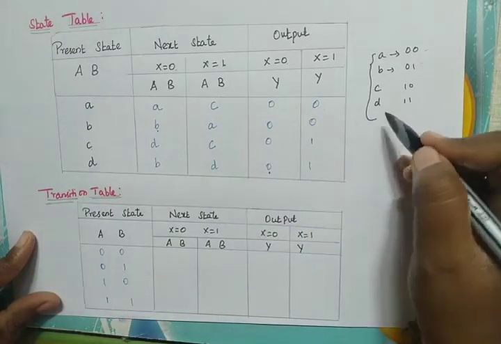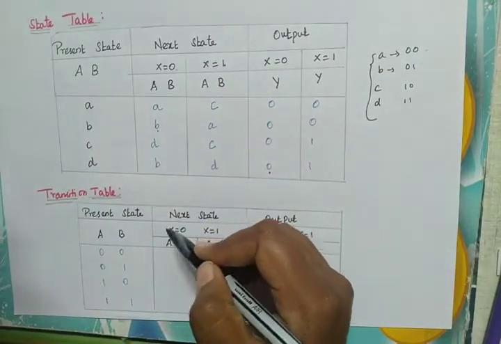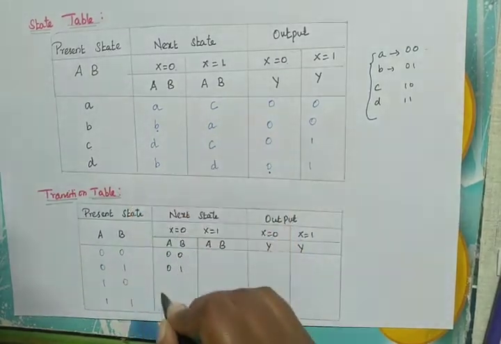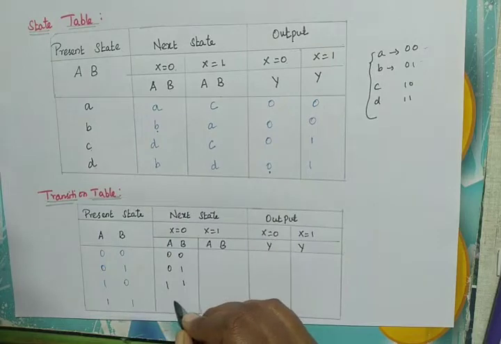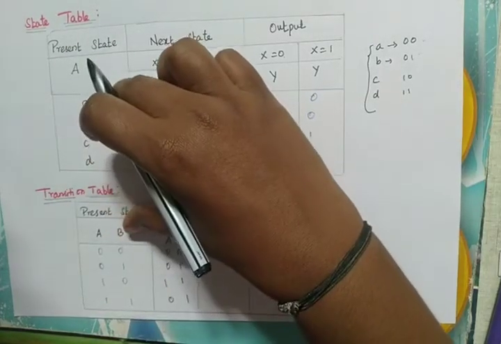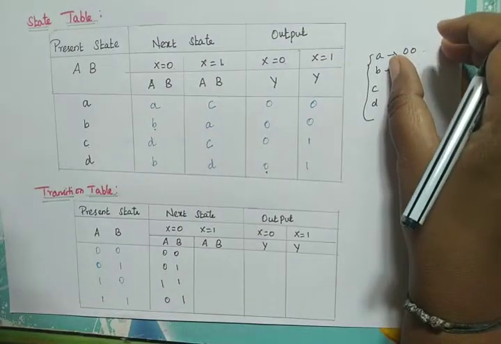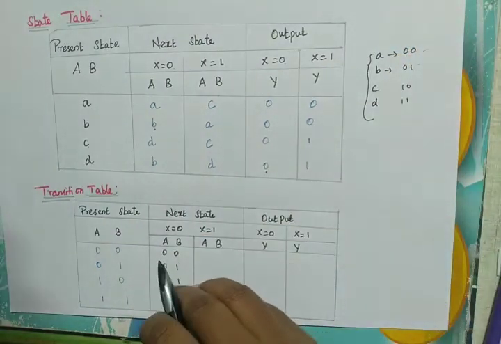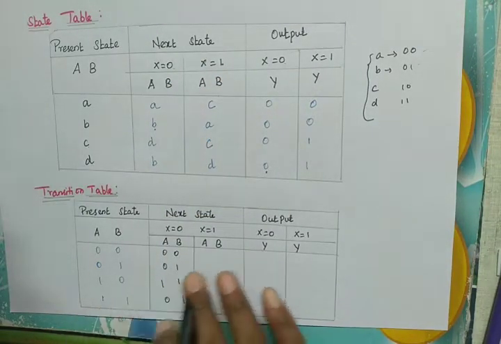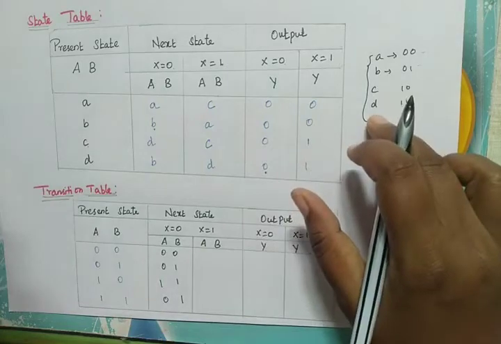So we are going to assign the values for these variables. What is A? A is 0, 0. B is 0, 1. D is 1, 1. And B is again 0, 1. So this is how we have to assign the values. Before writing this, we have to check how many states are there. According to that, we have to represent the binary values, and by using those values, we assign the values for the states in the transition table. In the transition table, it does not contain any state variables; instead it will contain only the assigned values.